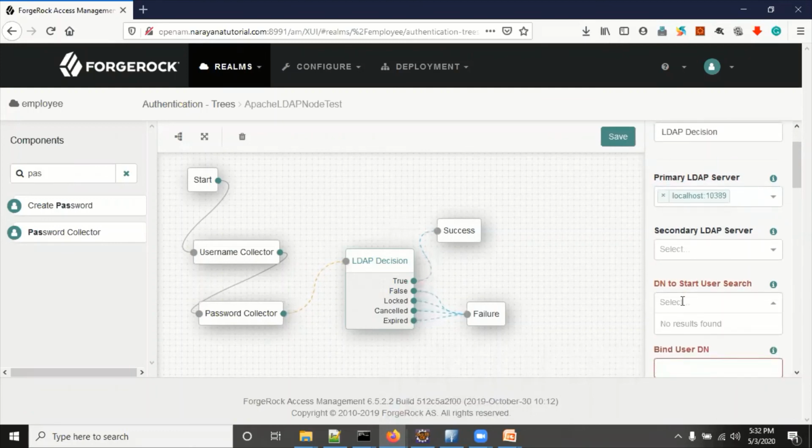And the DN to start user search: what is the base DN?